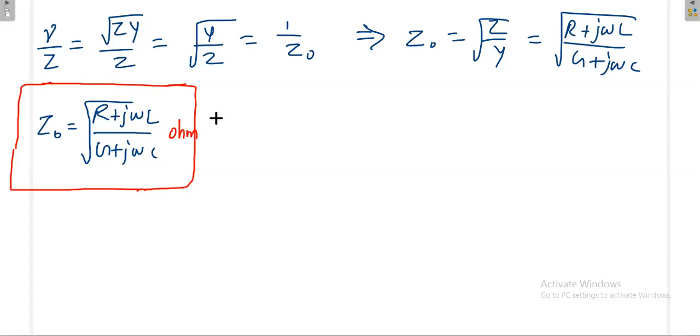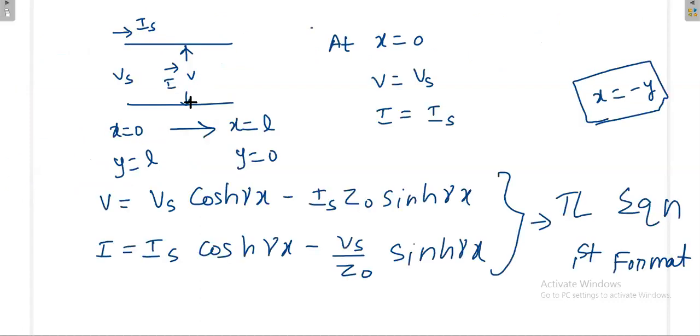Next, at x is equal to L, at the load end. When you are at the load end, then what happens? Say you are standing here, and you want to measure what is the voltage and current here, at the load end. The load end can be called the receiving end. So I can write the voltage here as VL or VR, because you are at the receiving end or at the load end. Most probably I will use either R or L notation interchangeably, VR or VL. Similarly, the current here is the load current, or I can also call it the receiving end current.